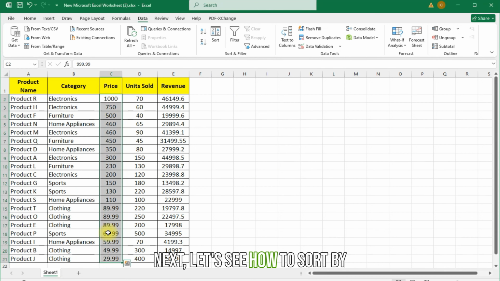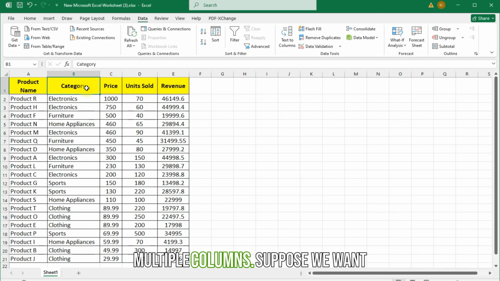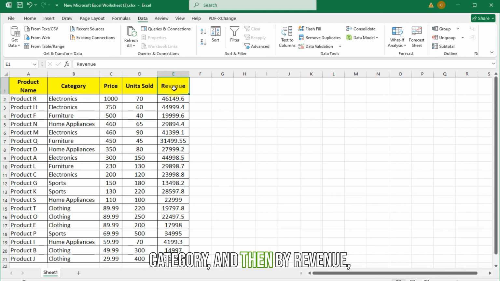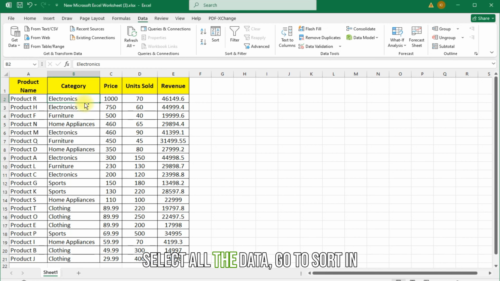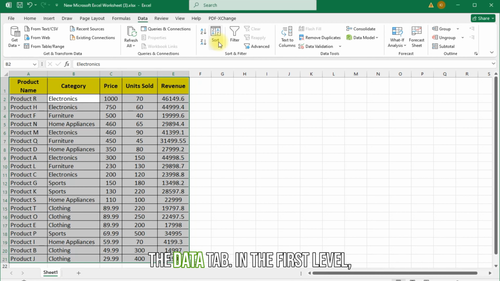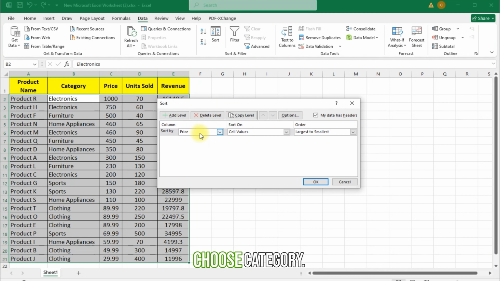Next, let's see how to sort by multiple columns. Suppose we want to arrange the data first by category, and then by revenue, lowest to highest. Select all the data, go to Sort in the Data tab. In the first level, choose Category,